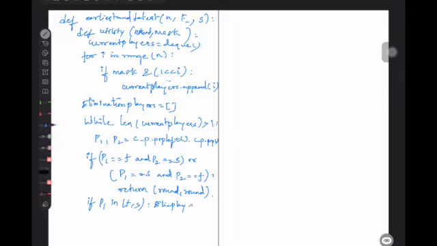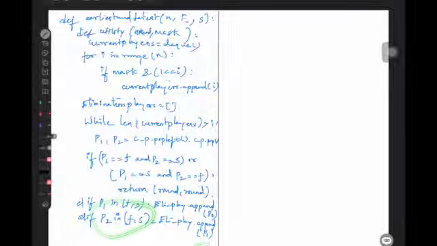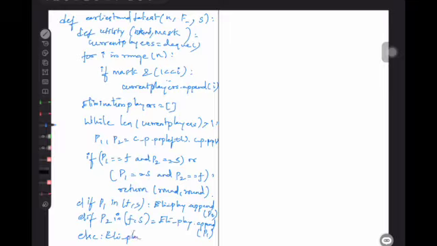player dot append p2, the same. This is else if, and then again else if p2 in first or second. So we will be adding into the elimination player dot append p1. If p2 is first or second, then obviously p1 will be eliminated. If not, then there is a case we will consider where both of them will be getting eliminated. So elimination player dot append p1 comma p2, both the players can get eliminated.